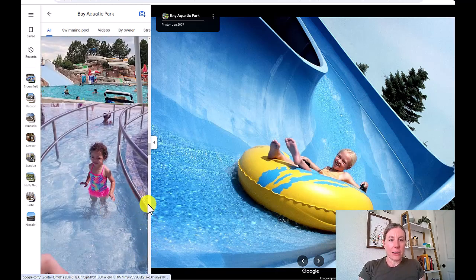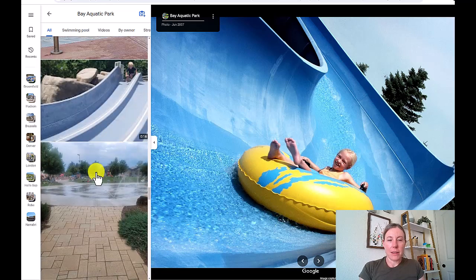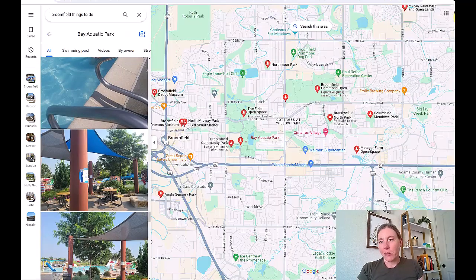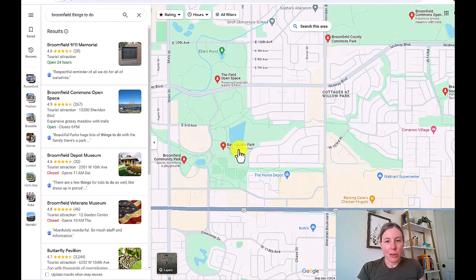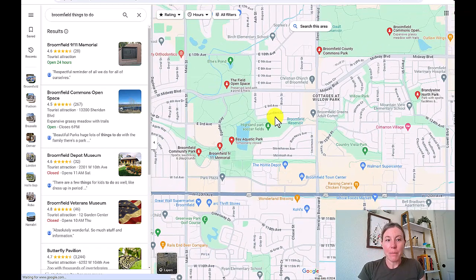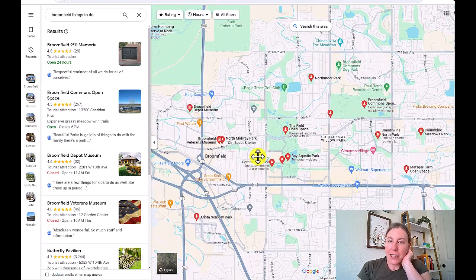And then there are toddler areas. So for the little ones, it is a lot less deep. And then for the big ones, of course, they have the slides. You have the splash pad, and one of my favorite things is that it is located right on a lake or a pond. So you're in water and you have water, and then you have all the green space surrounding it. And then in some sections, you can even see the mountain views. So that is a very popular thing in the summer for teens, little ones, even for parents,